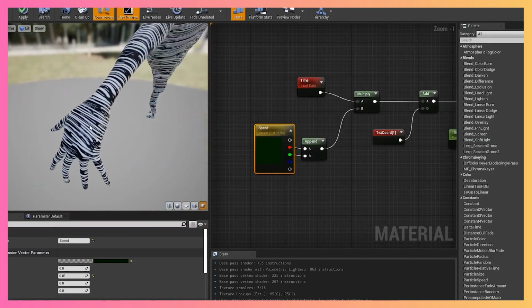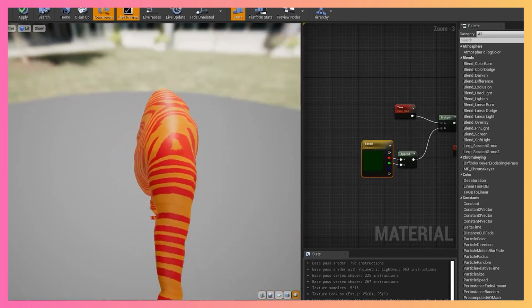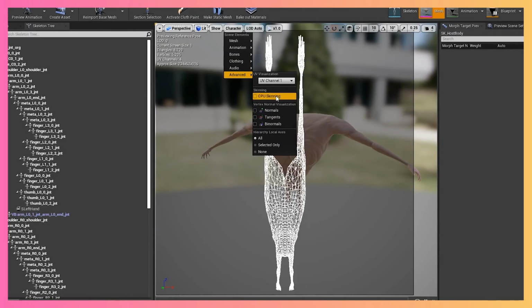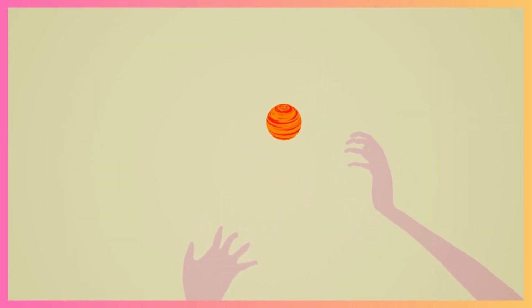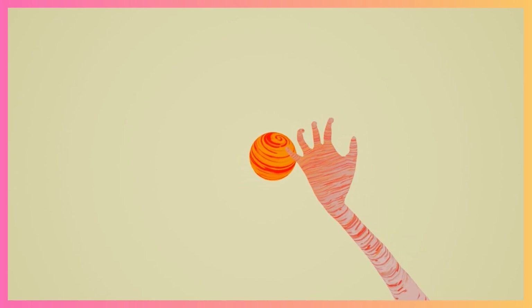With regards to surreal effects on the body, we found that custom UV channels could be used to create interesting skin crawling effects. We did this by distorting the UVs of the body on an extra channel so that a texture strip could flow through the anatomy of the body if panned in one direction. Sphere masks could be used to give the impression of the body being affected by objects in the environment. We were able to define a point in space and then control texture blending based on how close the user is to that point in space.